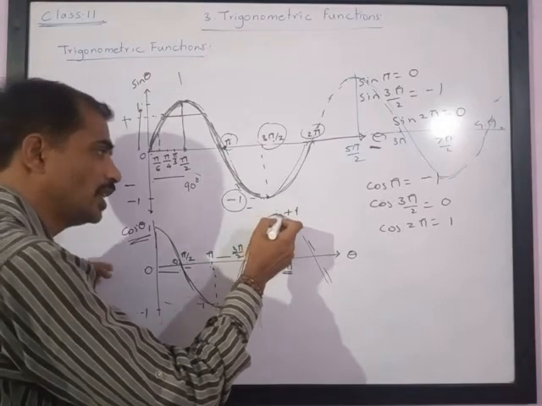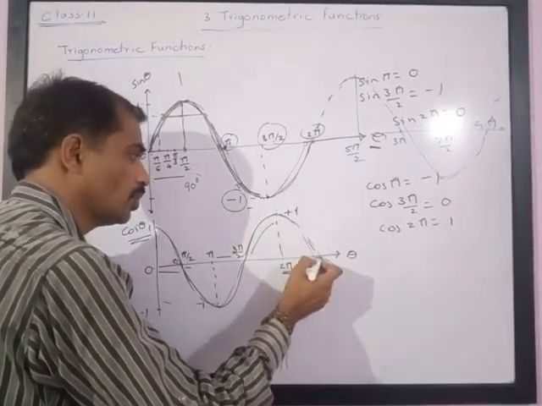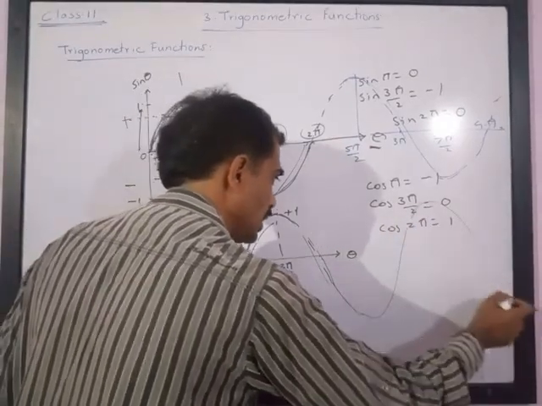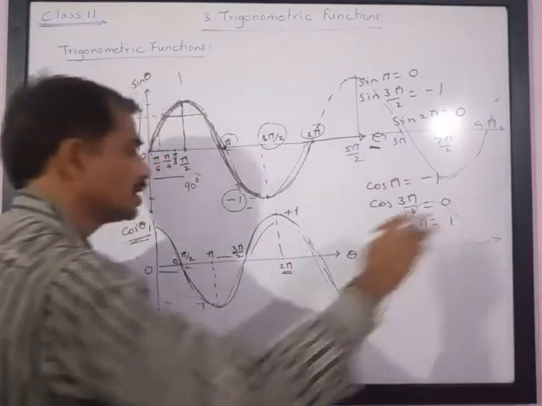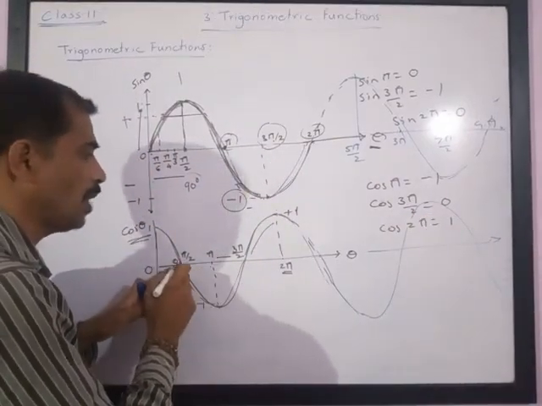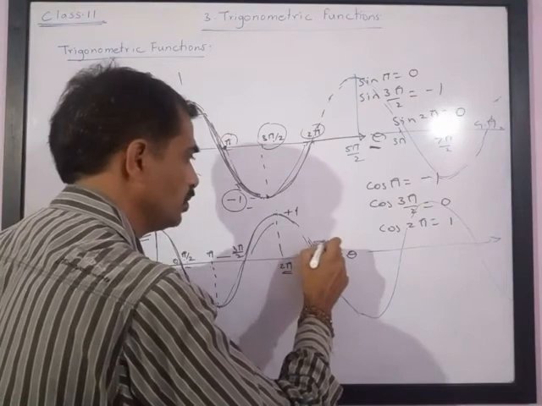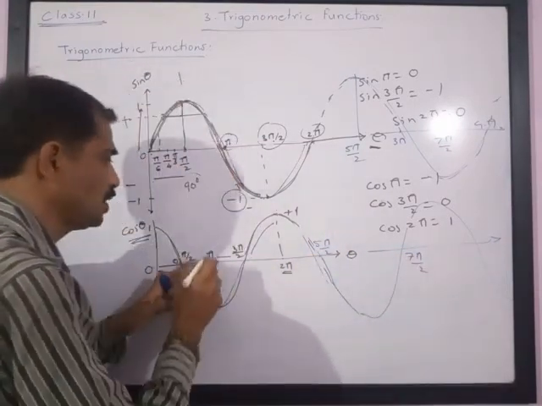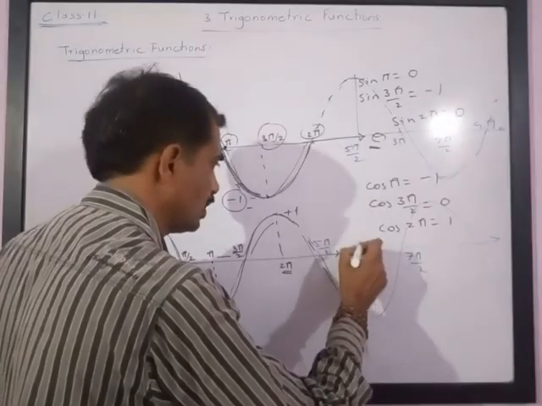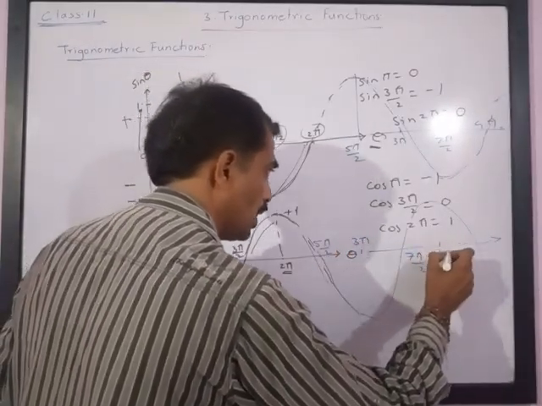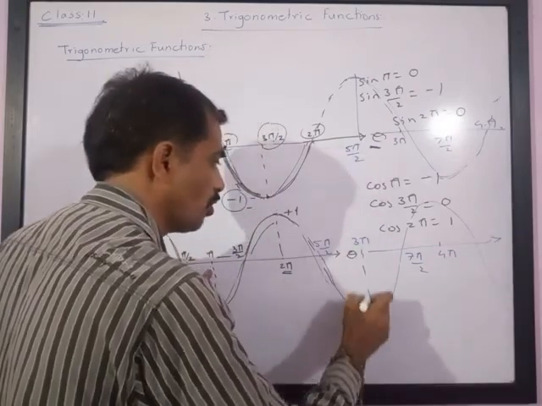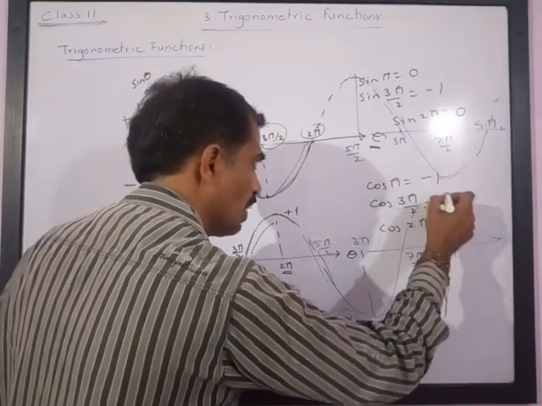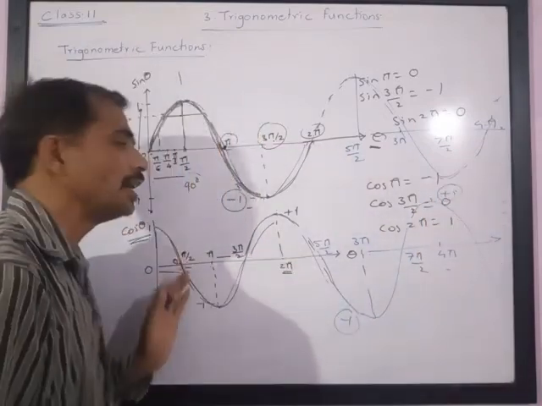After 2 pi you will notice that it decreases from 1 to 0, then again it decreases till negative 1, again it increases, again it decreases, and all these curves are symmetrical. So you will see that pi by 2, 3 pi by 2, 5 pi by 2, 7 pi by 2 will have 0 values. Then this is pi, twice pi, thrice pi, 4 pi, and so on. So for 3 pi it will have negative 1 values, for 4 pi it will have positive 1 values, and so on.